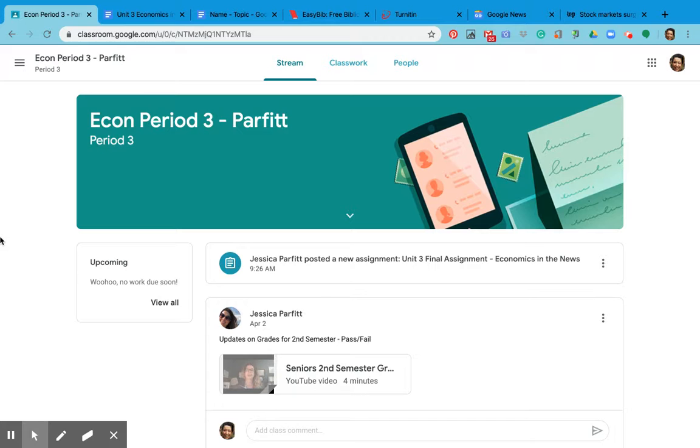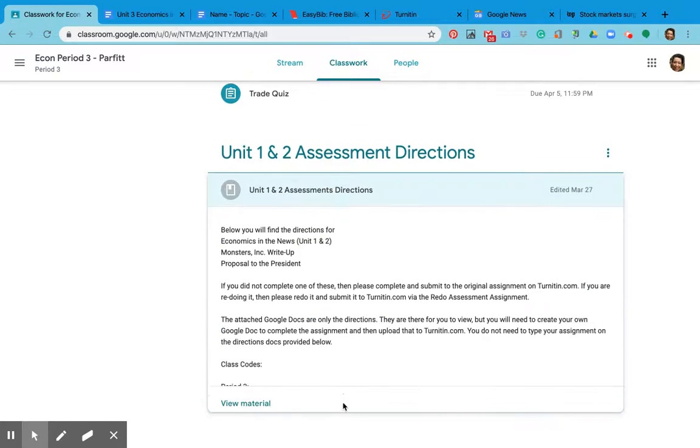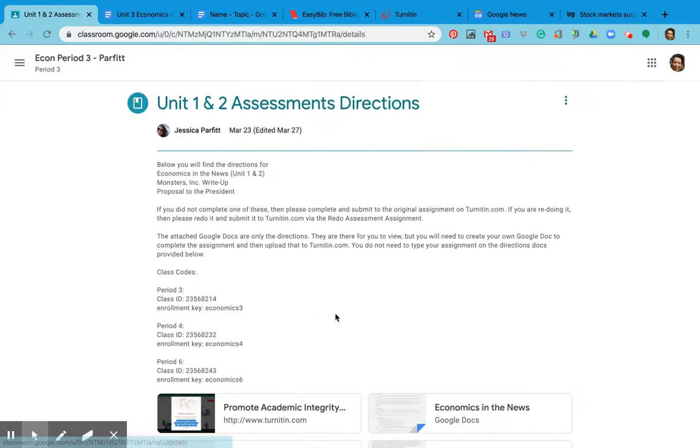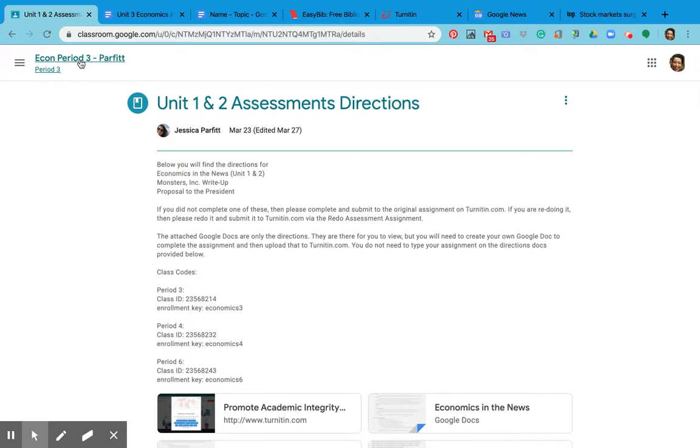If you've turned in all of your online stuff, but you're still finding that you have not received full credit for everything, then my suggestion would again be to go back and get those Unit 1 and 2 assessments done or redone, if for any reason you didn't get a high score or if you haven't turned them in yet. So that would be a great thing to do over spring break to get your grade up.